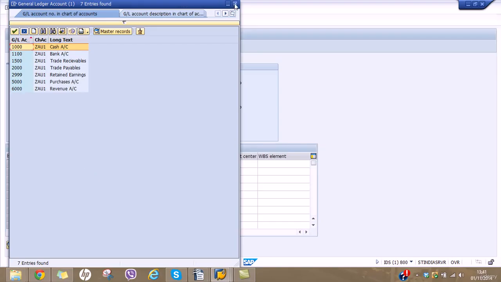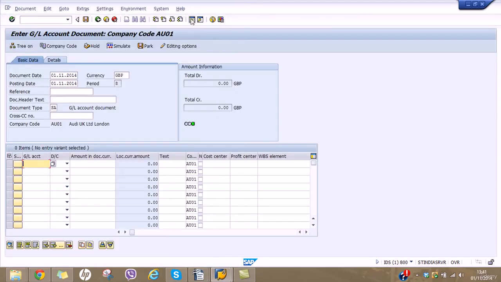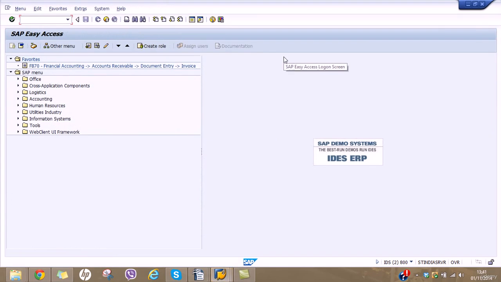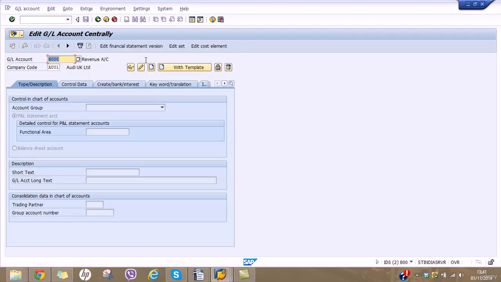So I will create a new session and quickly create GL accounts. I know the transaction code FS00. So first of all, I will create, let's say, 5010, create, expenses, short text rent,